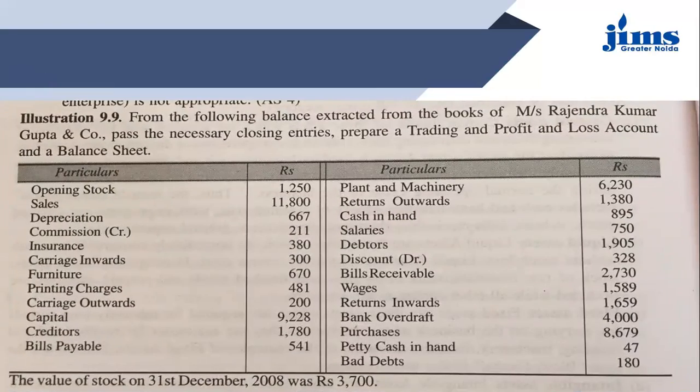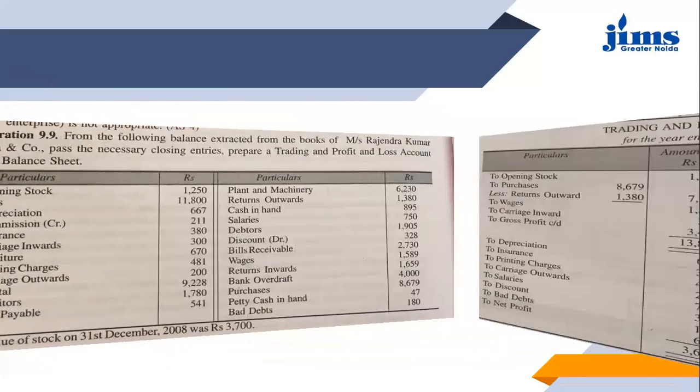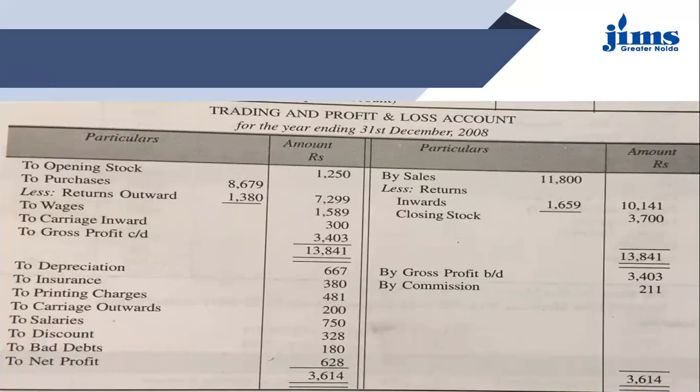Then bills receivable, balance sheet item. Then wages 1589, in the trading account. Wages, you all know very well, should be taken to the trading account. So wages taken to the trading account. Now I can see